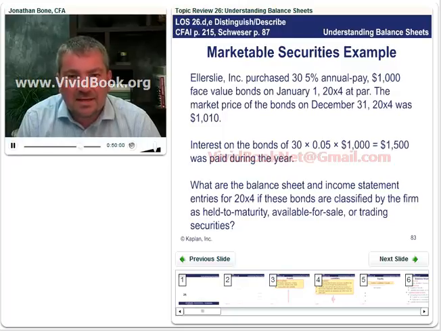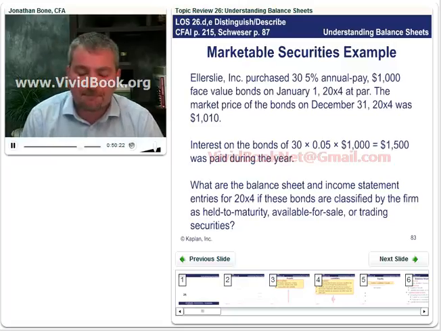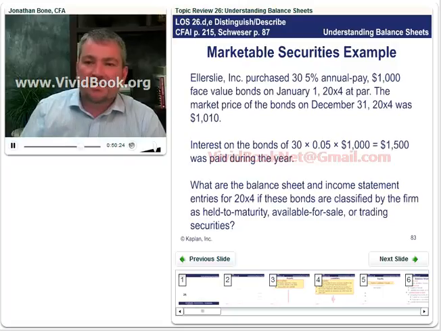Now, of course, the interest on the bonds, that's going to be dead straightforward. That's going to go through our income statement. 30 bonds, 5% coupon, par value $1,000, so that's $1,500. And, of course, that goes through the income statement. Okay, so we're asked, what is the balance sheet and income statement if we treat as held to maturity, available for sale, and trading? So let's start this off